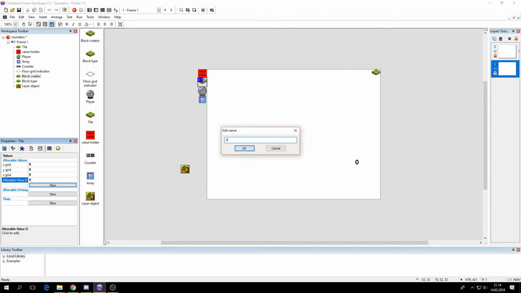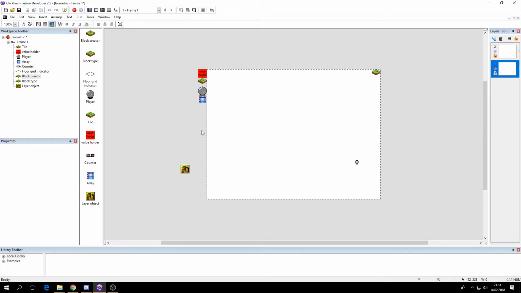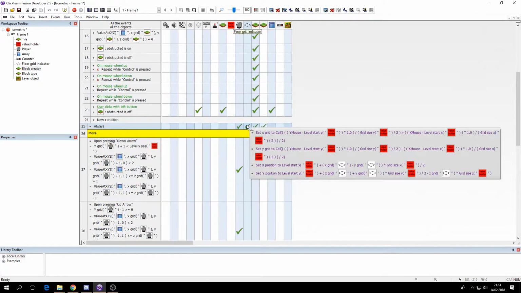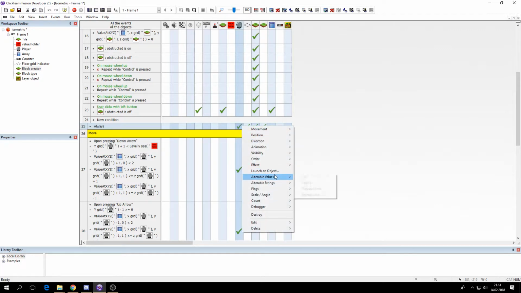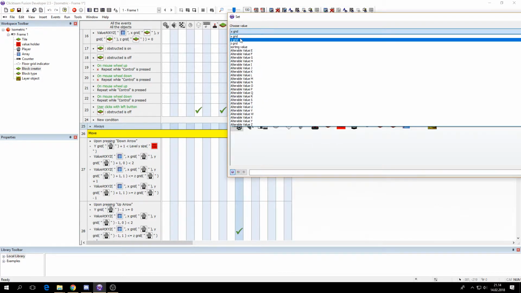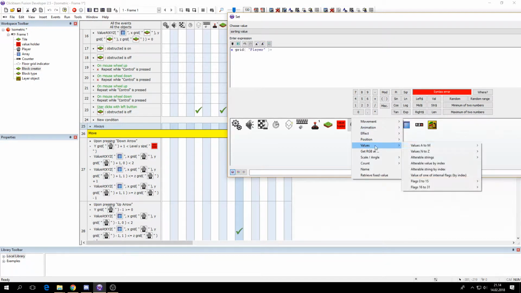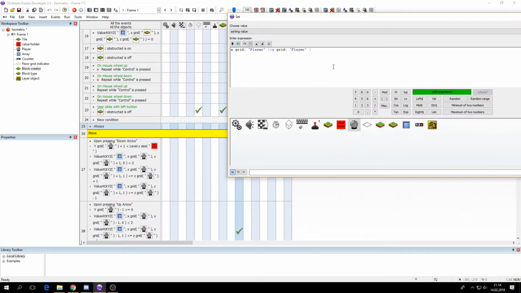I'll explain it soon. So this sorting value, we always want to set the sorting value to its x grid plus its y grid, and we want to multiply this by 10